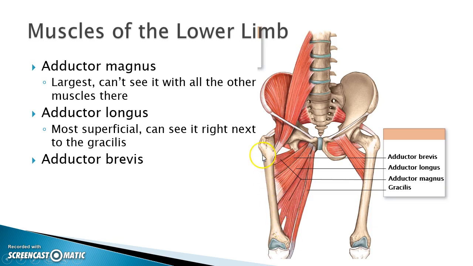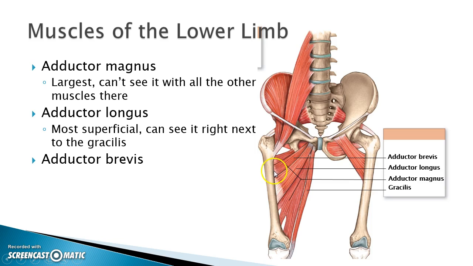It's the largest one, covering that entire medial surface of the femur, and then it attaches here on the coxal bone. Then we have the adductor longus, from the pubic bone down to the femur, which is a little bit longer than the adductor brevis. The brevis is shorter because it attaches higher